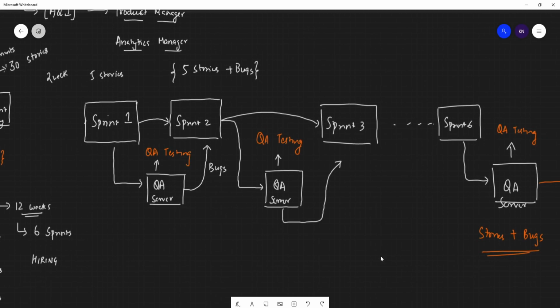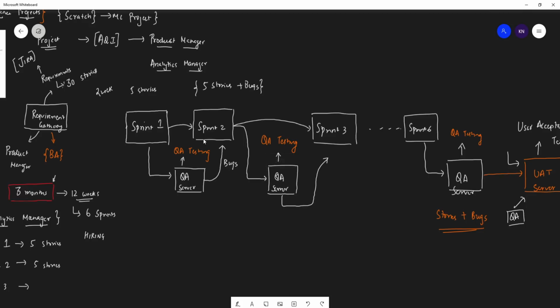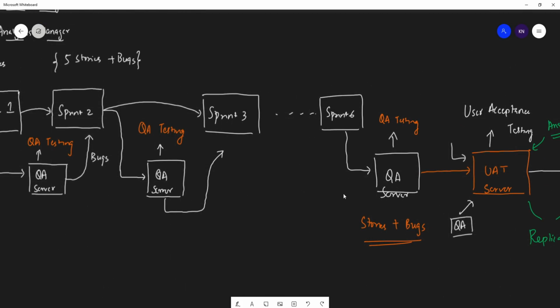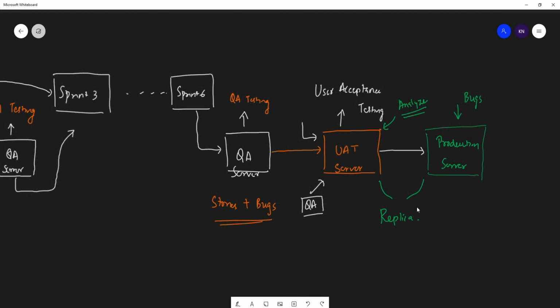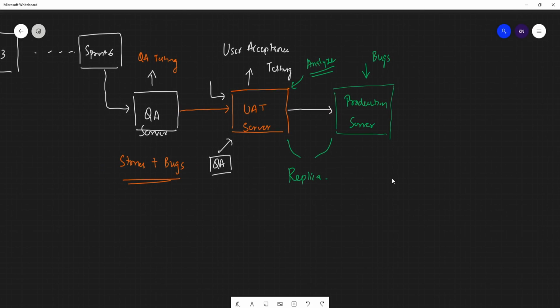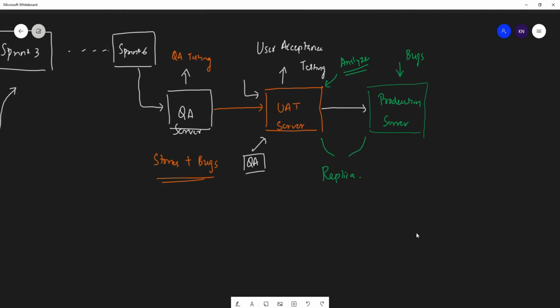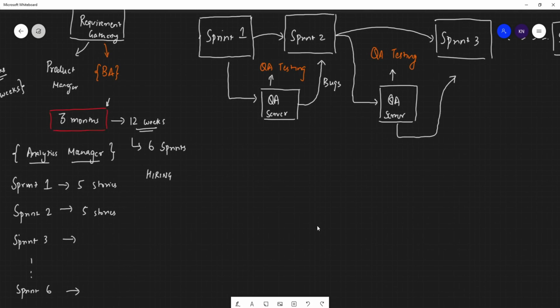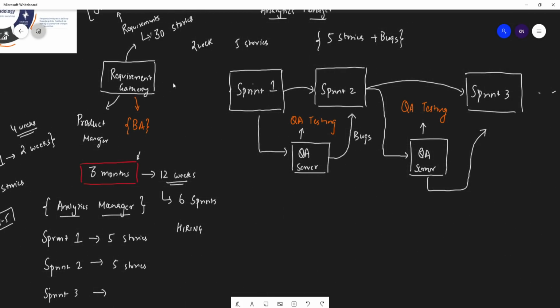See how beautifully the sprint planning goes on, and how the bugs are fixed as we go ahead with the further sprints, and finally you'll see it goes to the production server. Now what happens is that after it goes to the production server, suppose they are planning for more different stories, then again the requirement gathering phase will start.